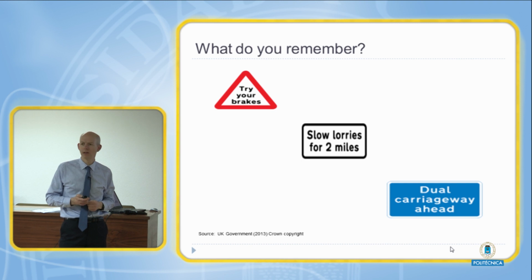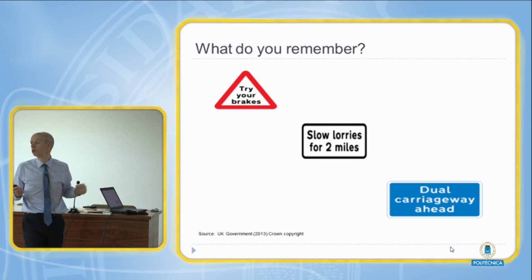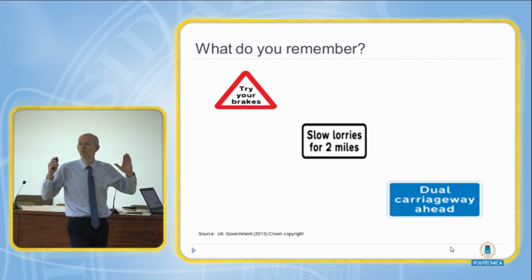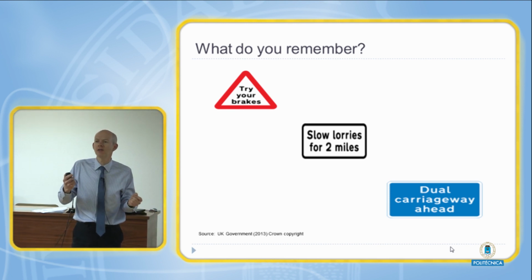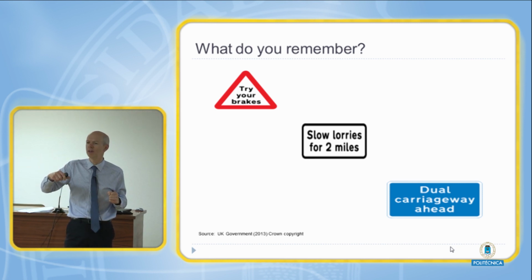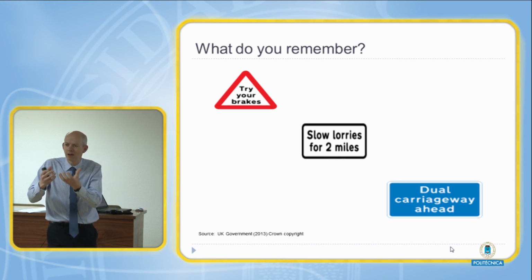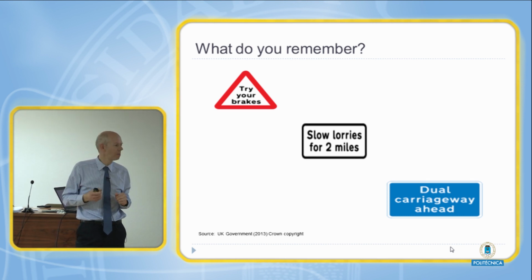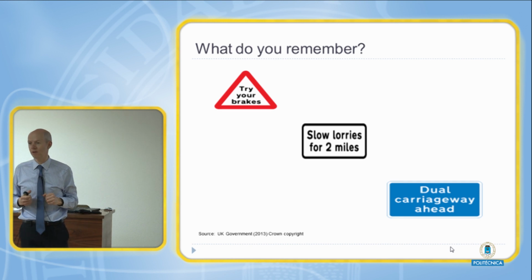Anything else? The shape of the signal. Why would that be helpful to you in remembering the signs? So the triangle signal, and the following signal and the column as well, they're shaping. Yes, that's right. So, for example, with the red triangle, which is saying try your brakes, you might imagine that that is symbolizing a mountain, and when you go down a mountain, you need to apply the brakes, and if you don't, you're going to have an accident, and that's why the red is there. So by putting that information together, that might help you to remember that particular sign.